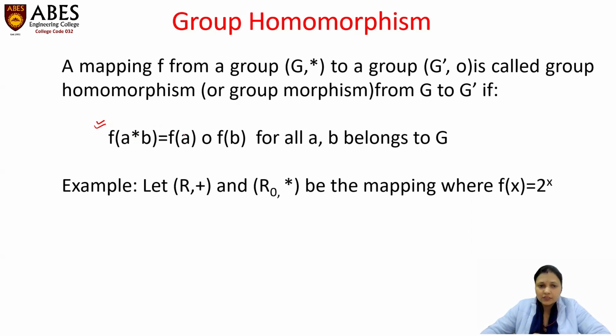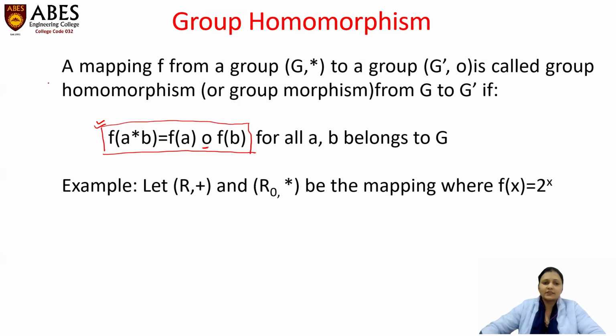If we give the first element to the function and then perform the operation by giving input of the second element to the function, if this condition is satisfied, then these two groups G and G dash are said to be